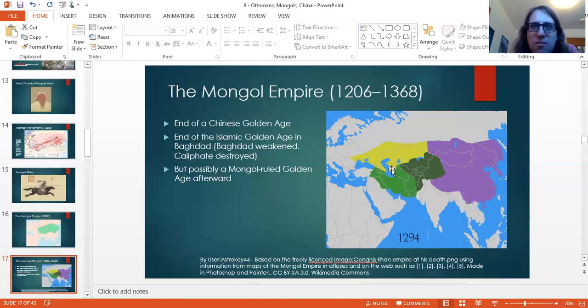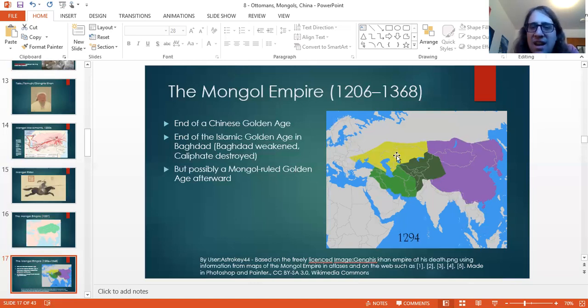They basically brought the Abbasid Caliphate to an end. So there goes the sort of golden age of Baghdad, where Baghdad is this sort of Library of Alexandria style center of knowledge and learning. That city seems to have mostly been weakened, and that was the end of that particular caliphate, which sort of paved the way later on for the Ottomans to come along.